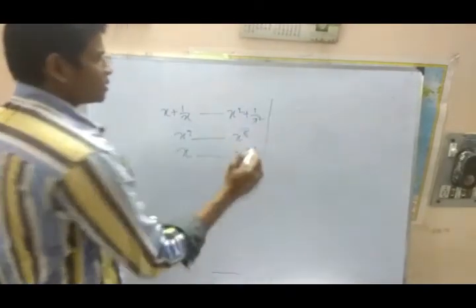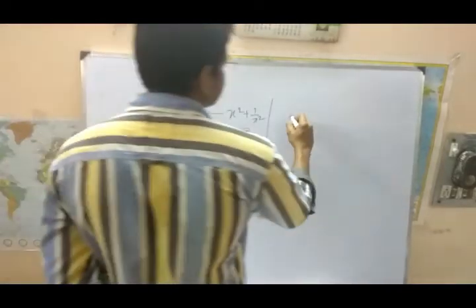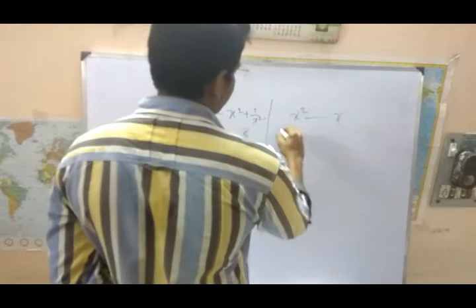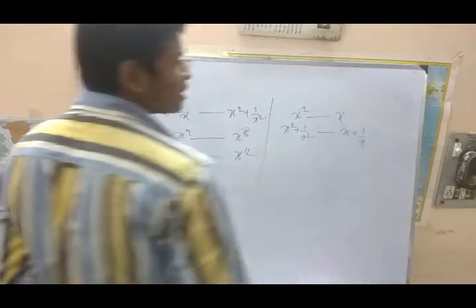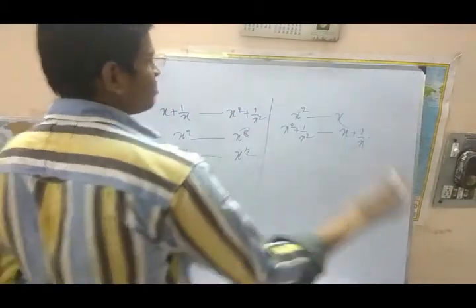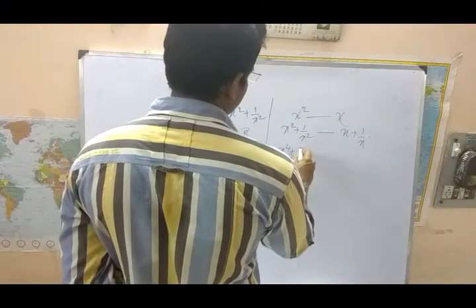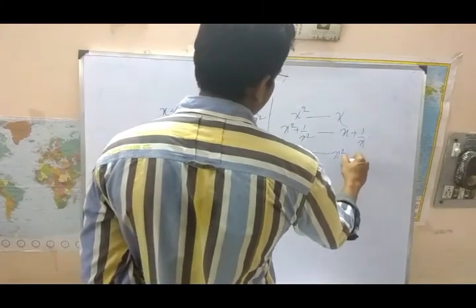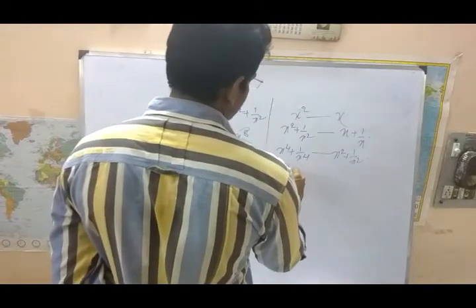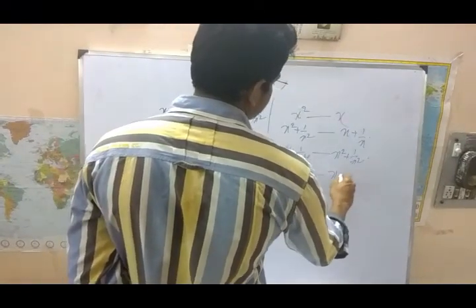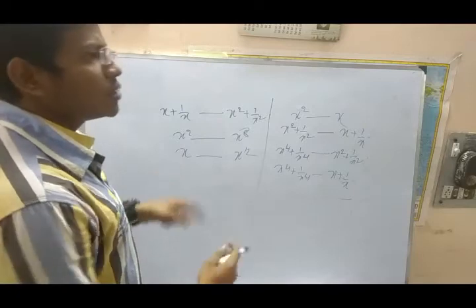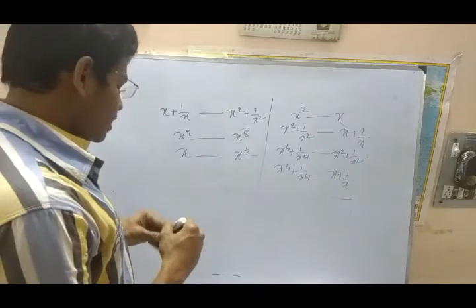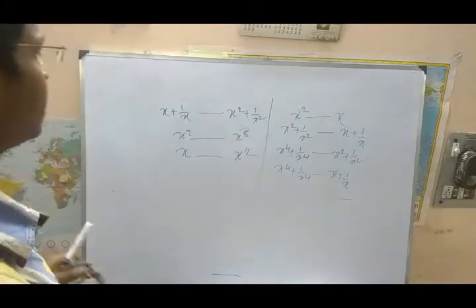Now they are asking to reduce. What are they asking? They are asking us to find x plus 1 by x, given x square plus 1 by x square. Reverse engineering. Okay, the same thing we are coming from the opposite side. They might ask x power 4 plus 1 by x power 4 and ask us to find x square plus 1 by x square. They might ask x power 4 plus 1 by x power 4 and ask us to find x plus 1 by x. The same thing which we have done here, we need to do in the reverse order. But there is a change in formulas, there is a change in equations. I will explain how. Just have a look over it.